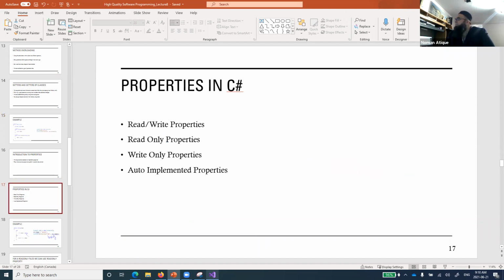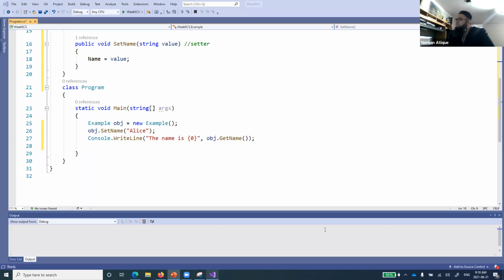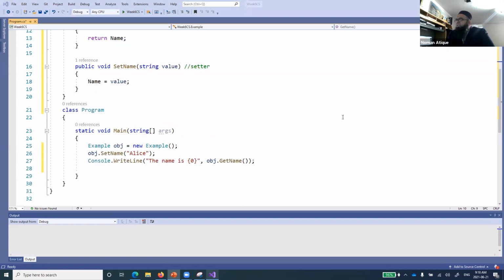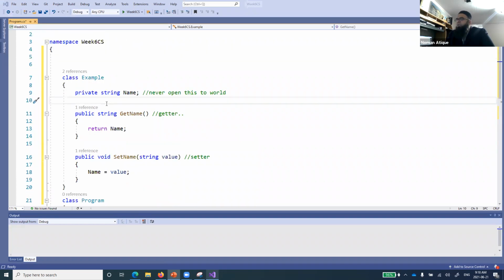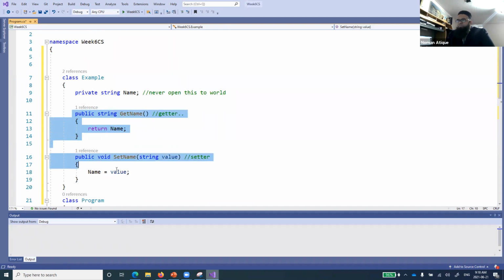Right? So now if we want to make this a property, like the thing that we have created before, we have just created our program, and if I want to convert that into a property, how will I do that? That is very interesting, and we want to create that one. So now what I'll do is comment this one out. Right, let's comment it.